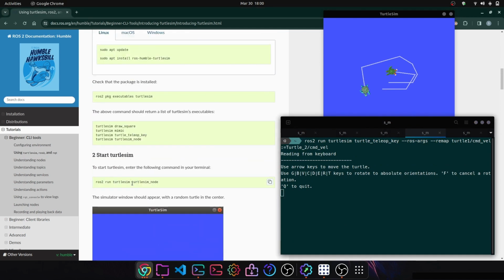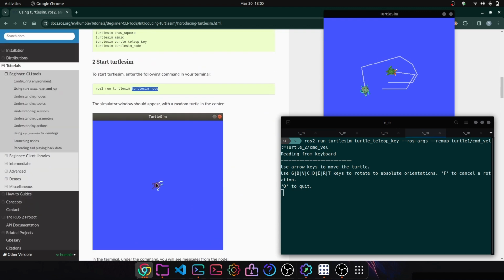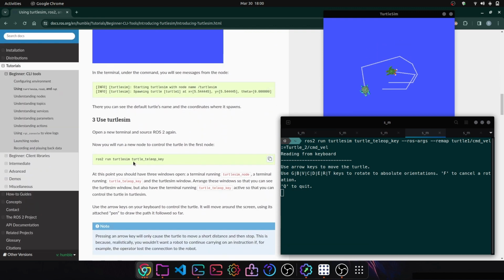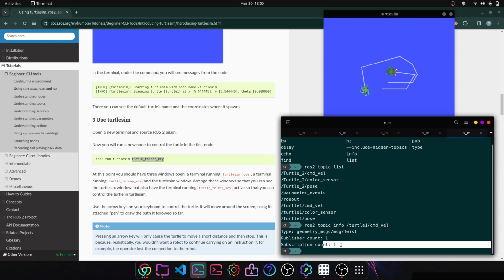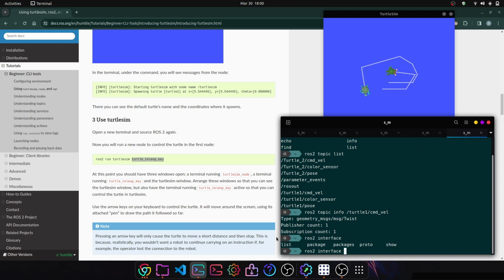So this Turtlesim node is subscribing, so that is a subscriber, and this turtle key is publishing, so that's why we have one publisher and one subscriber, and this is the message type. Let's see what is there in this message type. So for that, type ROS2 interface and then double tap to see all the options. So we have list, show. We are most interested now in show,